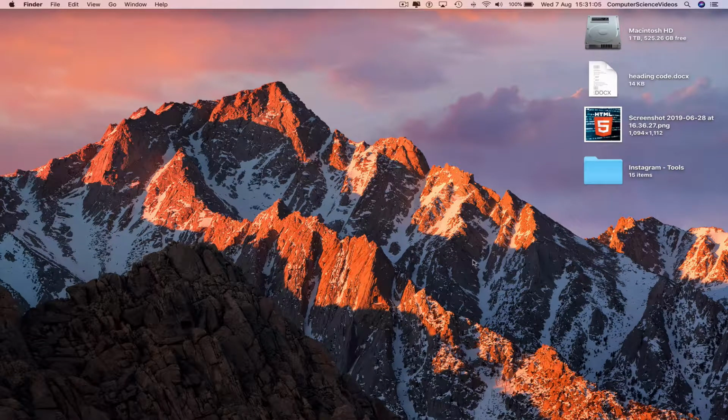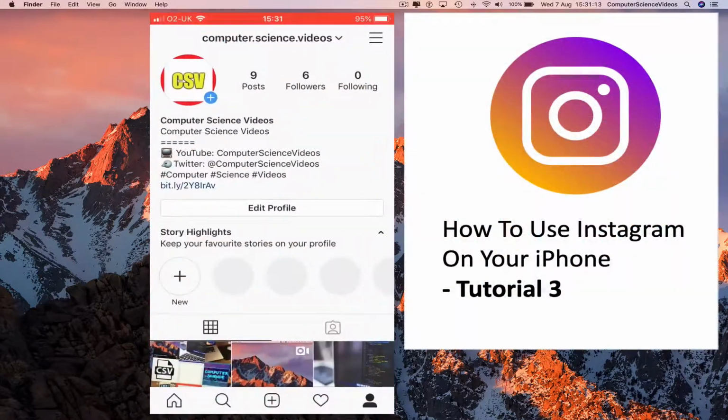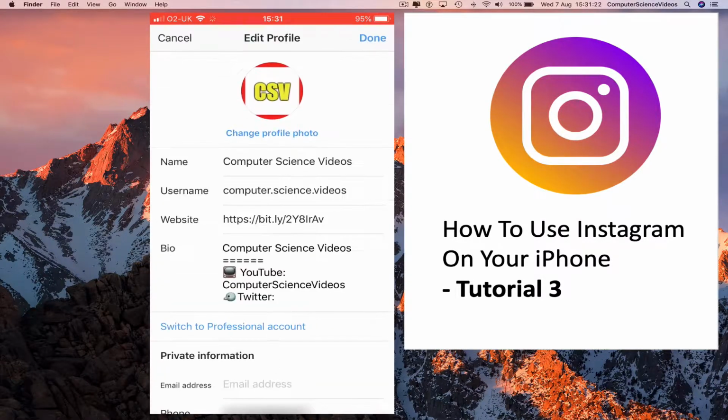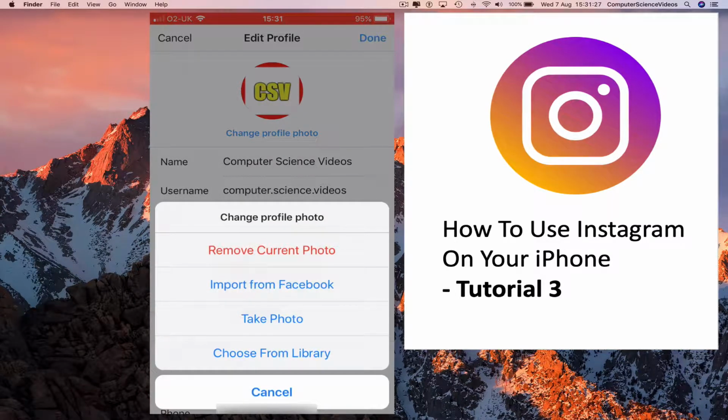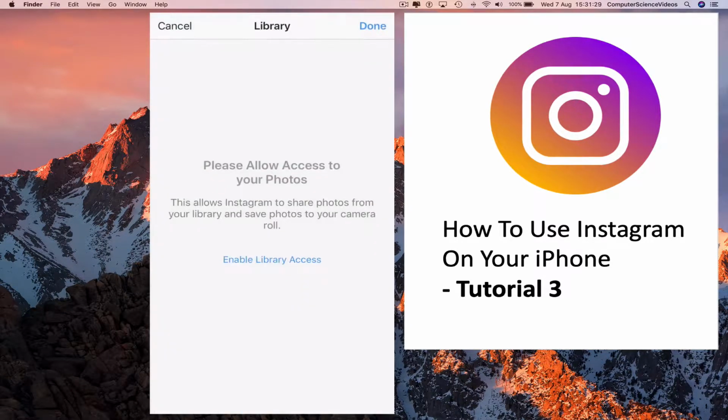So the first thing we need in our hand is the iPhone itself and then the Instagram application. And now we can click on the application itself. Make sure you're signed into the account. Go to your profile. And now click on edit profile, change the profile photo, choose from library,